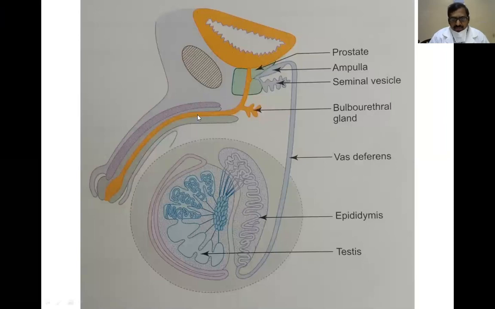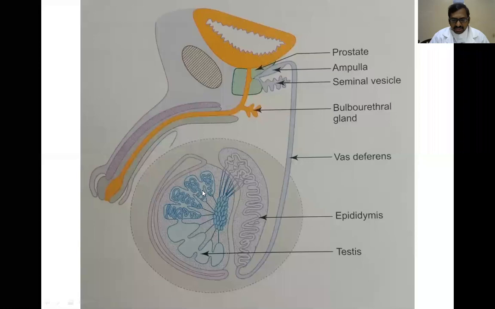Okay, you see here, this is the male reproductive system. This is the testes, this is the epididymis, and this is the vas deferens. Then it goes and enters the prostatic part of the urethra, and this is the prostate gland. Before joining the prostate gland, it also receives a duct from the seminal vesicles. Together they join as the ejaculatory duct into the prostatic part of the urethra. This is the normal pathway of passage of the spermatozoa from the site of production,